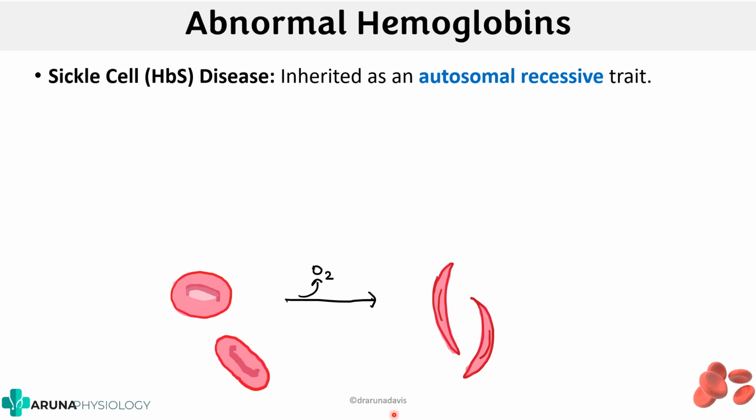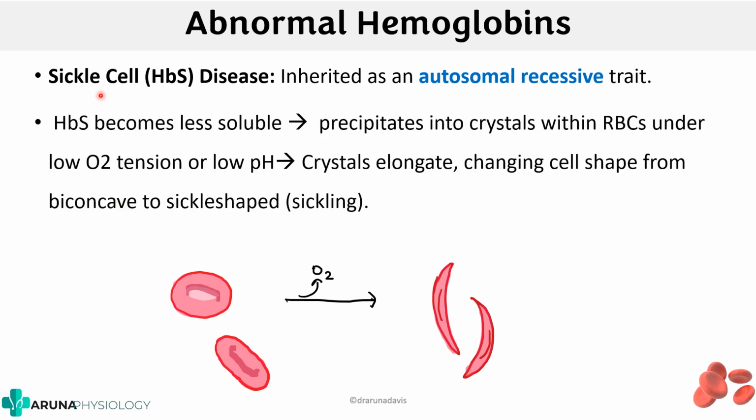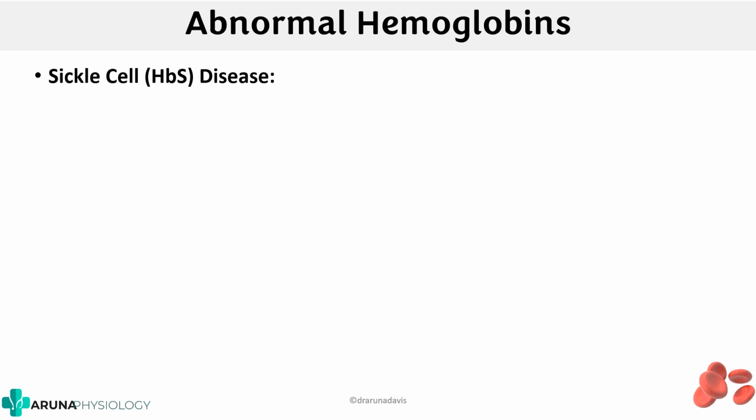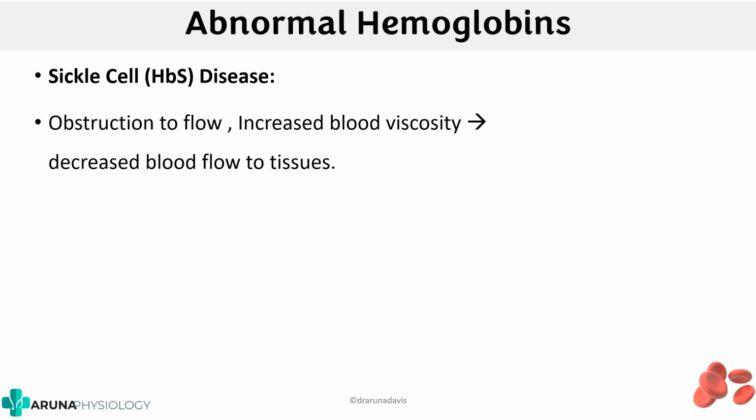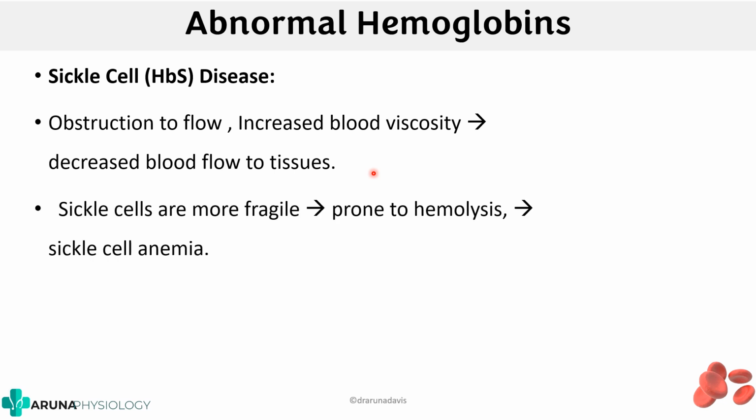HbS is less soluble, so it precipitates into crystals within these RBCs under low oxygen tension or low pH, and thus these crystals elongate, changing the cell shape from biconcave to sickle shape. So this is a problem with HbS or sickle hemoglobin. What is the problem of having these sickle shaped RBCs? The problem is that it can cause obstruction to flow, which in turn can lead to increased blood viscosity and thereby decreased blood flow to the tissues. And not only that, these sickle cells are more fragile, so they're more prone to hemolysis,